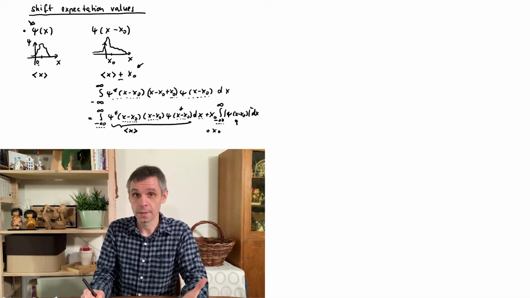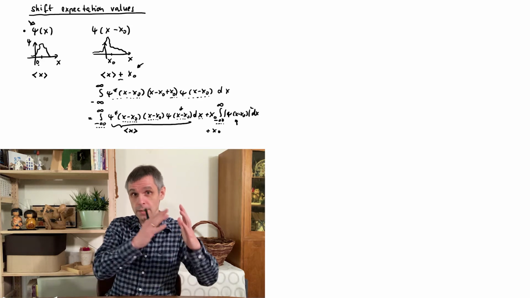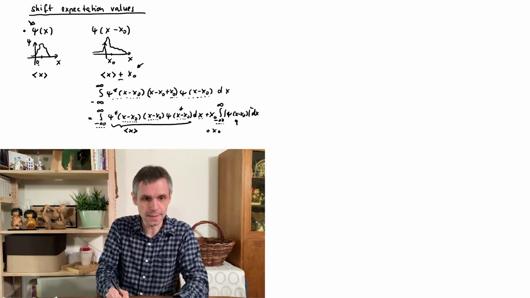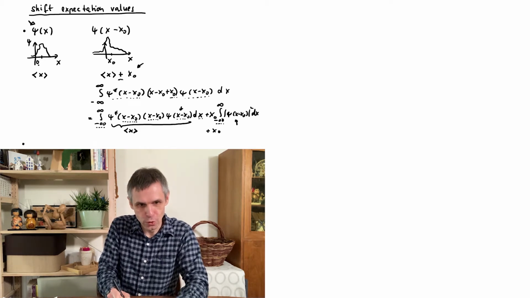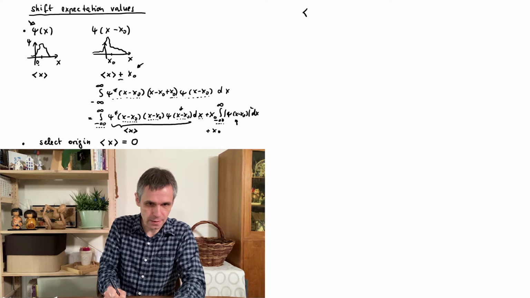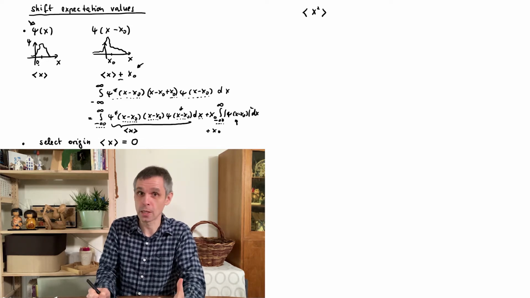This shift can be interpreted in different ways. For instance, it can really be the wave function of a particle sitting at different positions in space. But in the following, we're just going to exploit this to select our origin of our coordinate system in space, such that this expectation value simply vanishes. So with this fixed, we would then, for instance, ask questions about the second moment, the expectation value of x